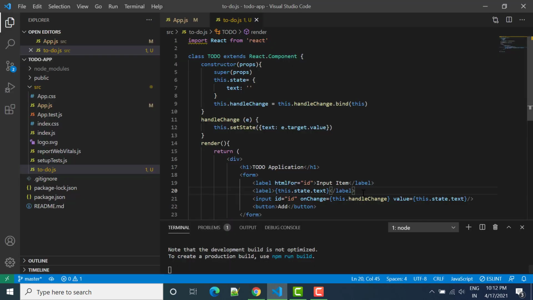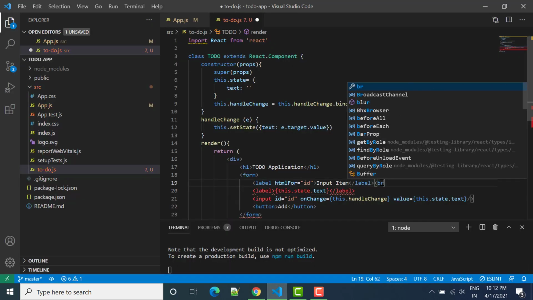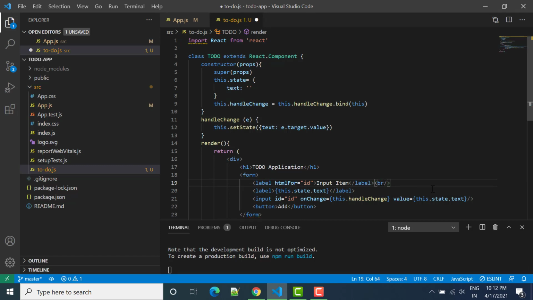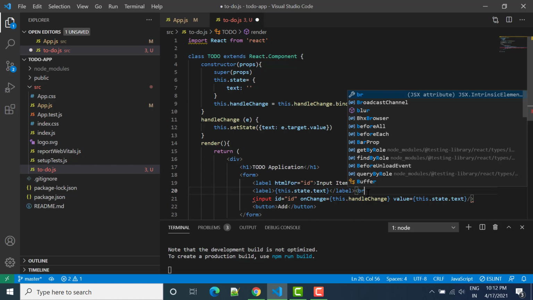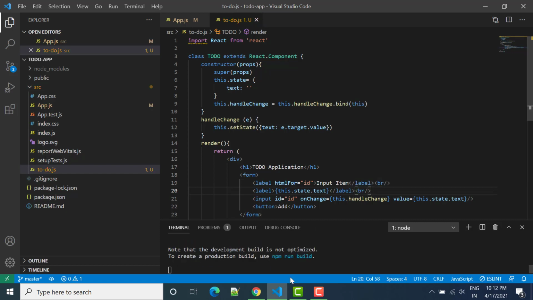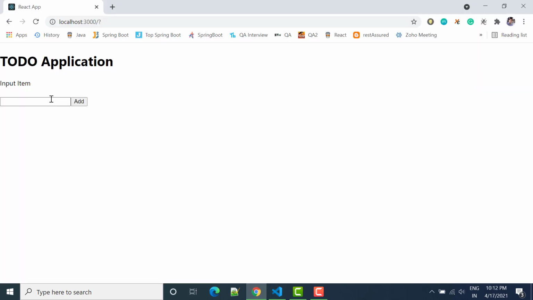So let's add a br, a break tag, here and also here so that it will break the line. Now here is the input item, and if I add anything, you can see this data is being added on top of that.